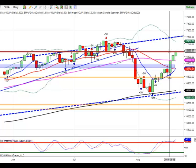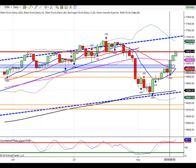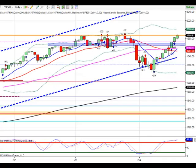At some point, there needs to be a pause. They could take it all the way up there, then crash or go sideways. But you think at some point right in here somewhere, they may start to slow it down a little bit to provide profit-taking abilities. S&P, same thing, right into the pivot area, 1985 to 1990, still room to 2000 and